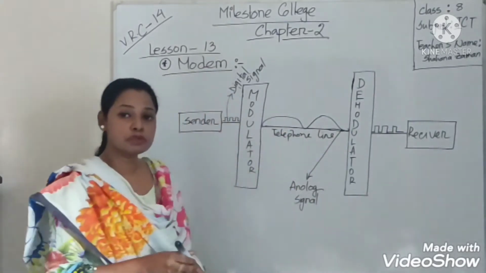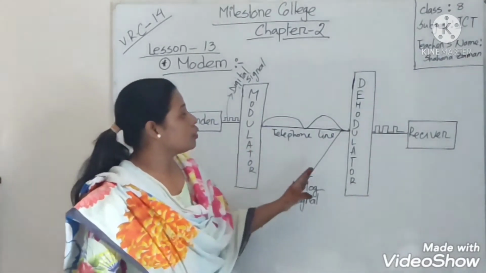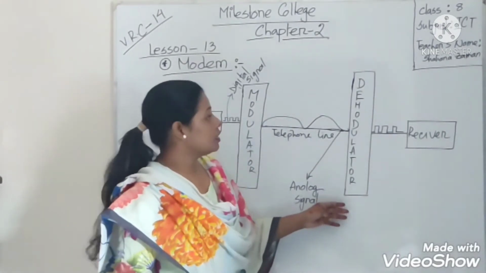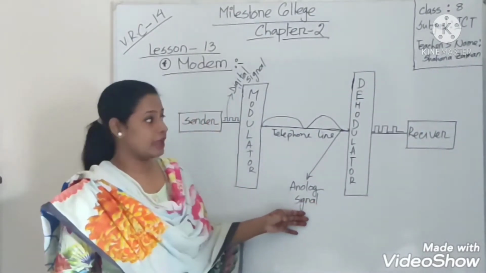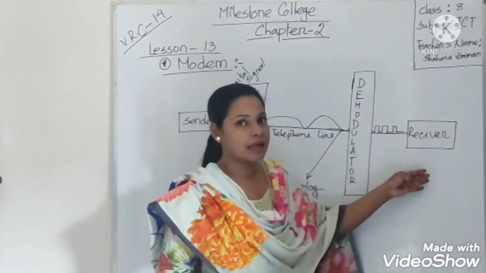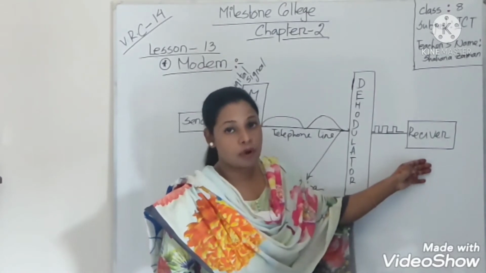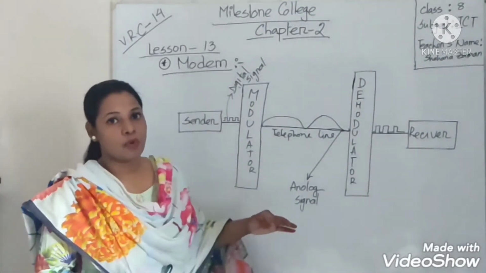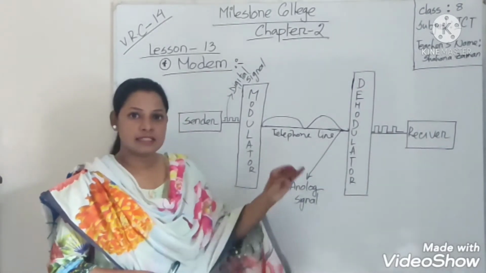Okay, so using the telephone line, it will convert the signal to analog and it will go to the demodulator. When it has passed the same information as an analog signal, the demodulator will demodulate the analog signal again and convert it again into a digital signal. And on the other side, the receiver will get the signal in digital form, or human readable language. Actually, this is the full working procedure of a modem, and now I will show this figure in the description part by